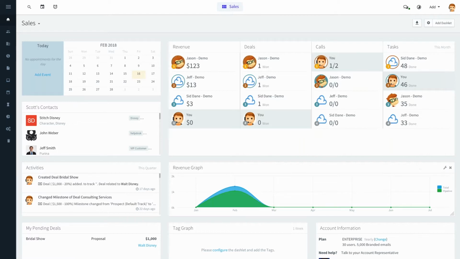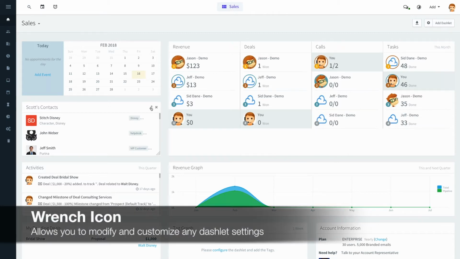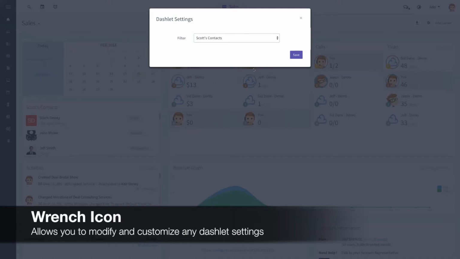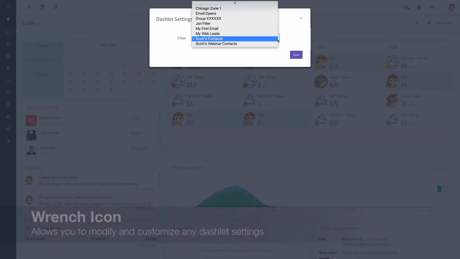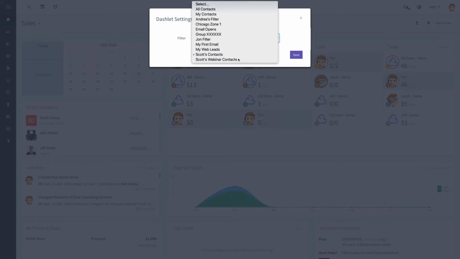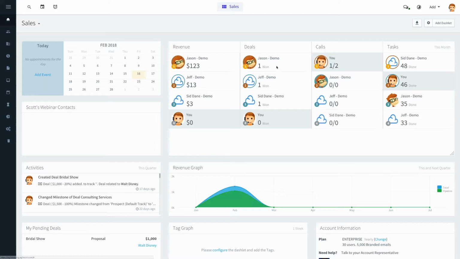And again, this is a test environment that we use for demonstrations and learning, so it's not going to be as fully populated as maybe what you might have, but I do want to point out a couple of options here for you. So first of all, when you hover over any of the dashlets, you see that little wrench that shows up right there? That's how you can go in and actually customize the dashlets so that you can drill down